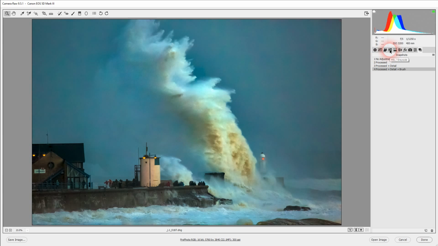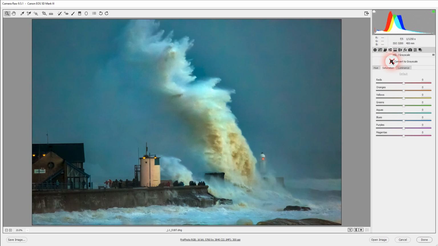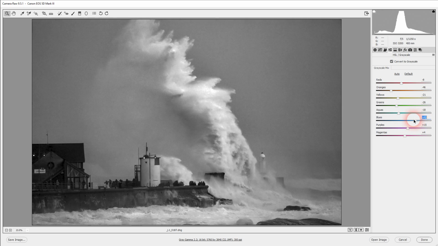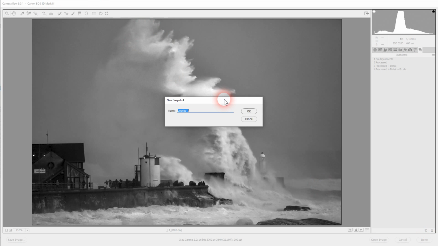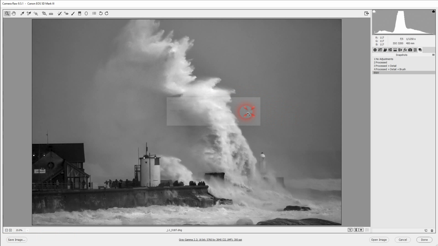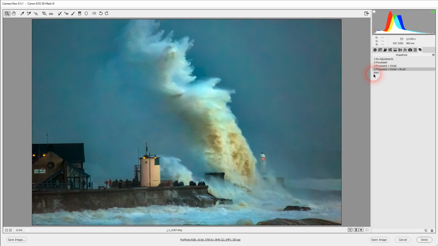Let's go to the hue, saturation, luminance, convert to grayscale. Probably not going to have much effect with some of these sliders because there's so little tonal color information. We can now go back to snapshots, save that, just drag that in and call that B&W, black and white. And now we can go back to our processed and detail and brush. So there's a color version and there's a black and white version. Okay, so I'm going to go back to no adjustments